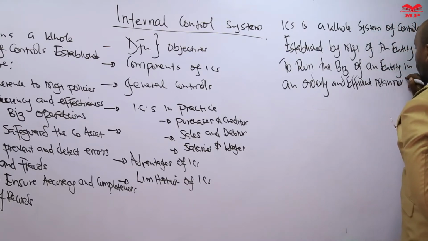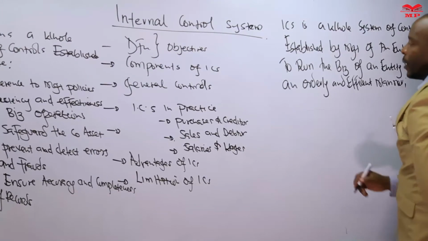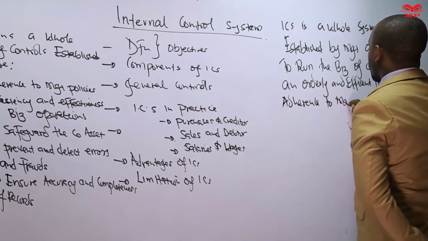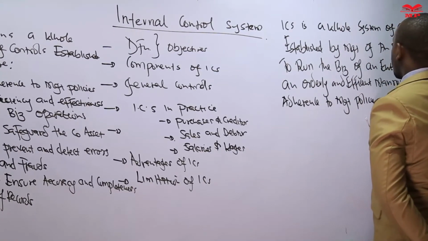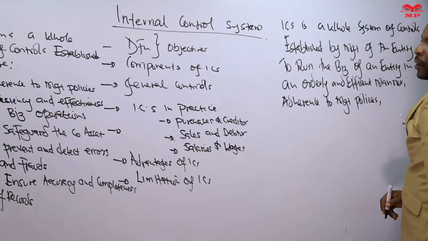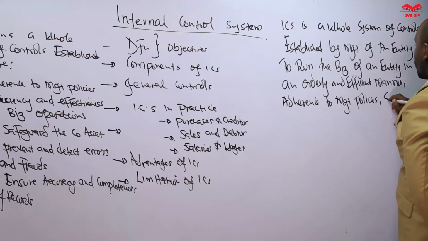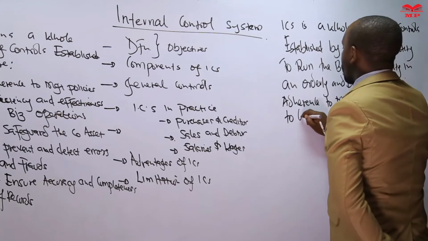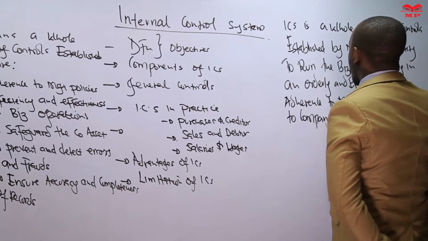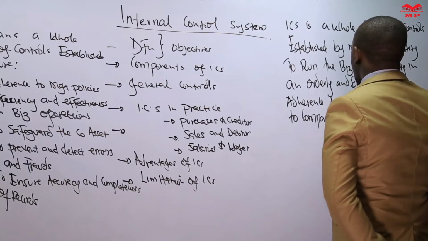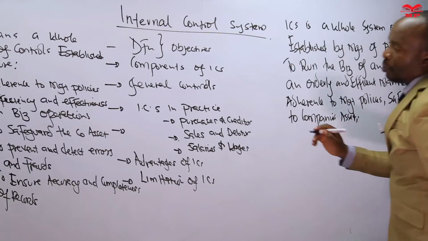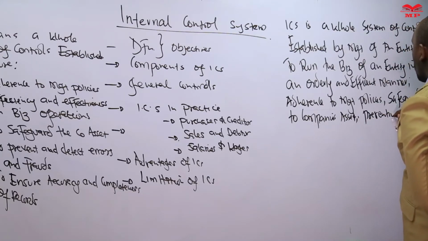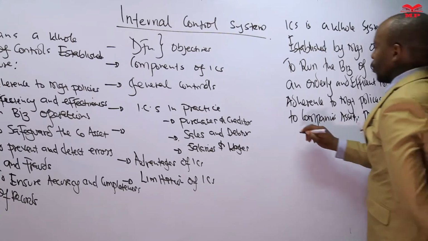That was the first objective that we had, comma, and then you put the other one, adherence to management policies, another comma. Then you put safeguard the company's assets, another comma. And then prevention and detection of errors and frauds,